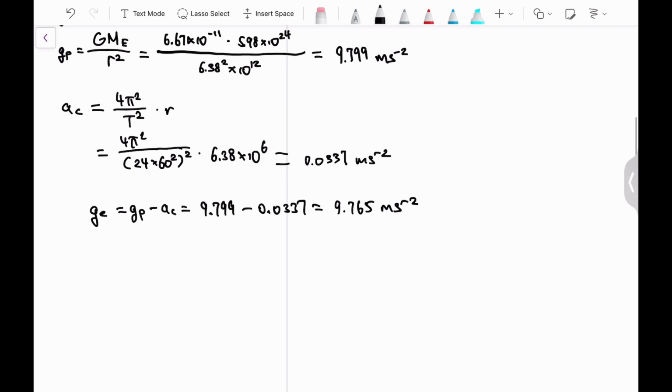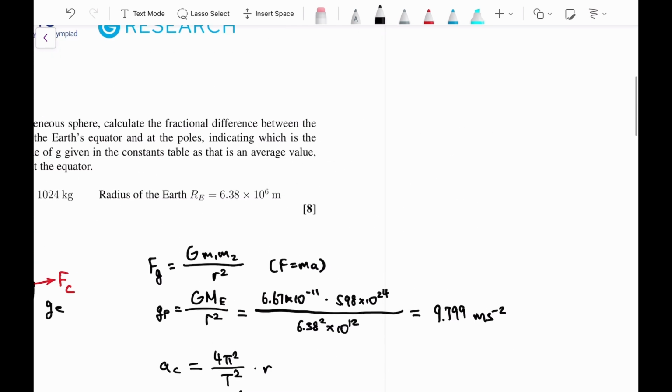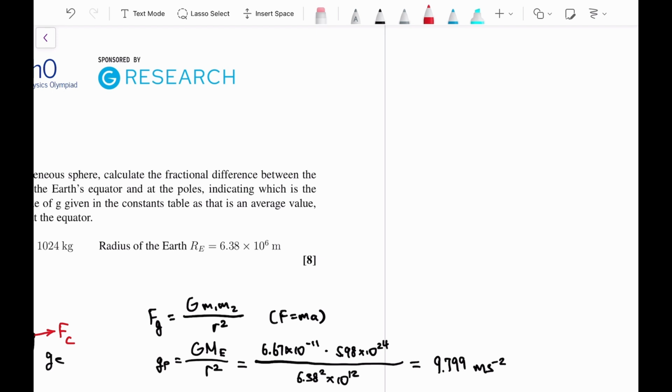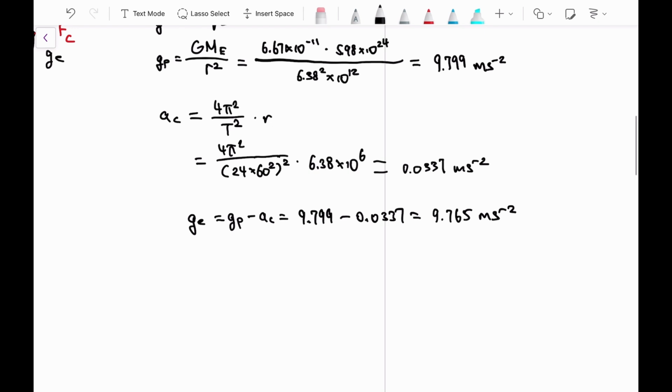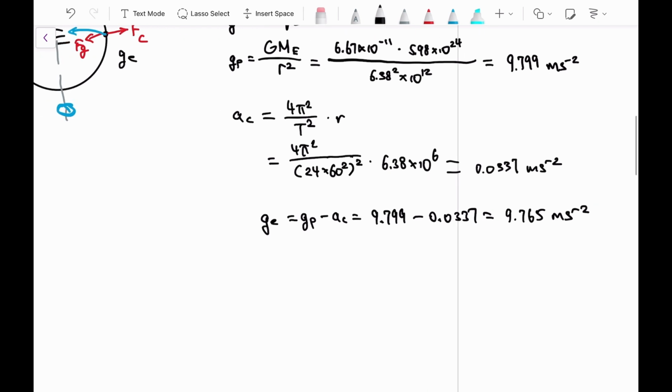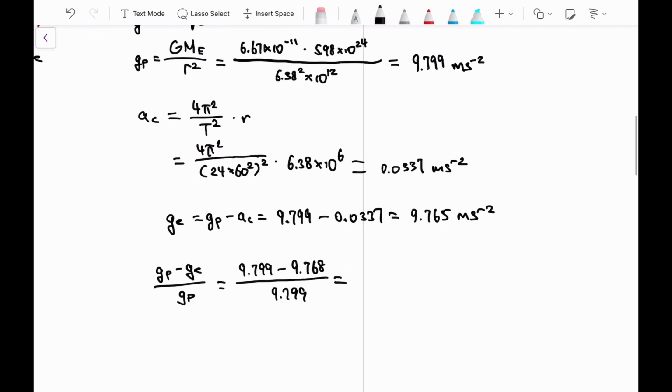Now what we need to do is to calculate the fractional difference. So in order to do this, we have to subtract them first. GP minus GE over GP for the percentage. Okay, so now it will be 9.799 minus 9.765 over 9.799, and this will be equal to,